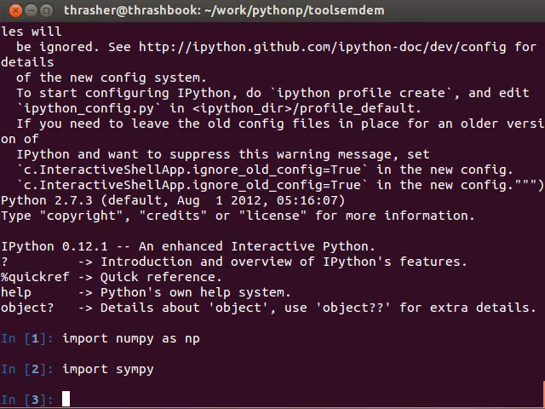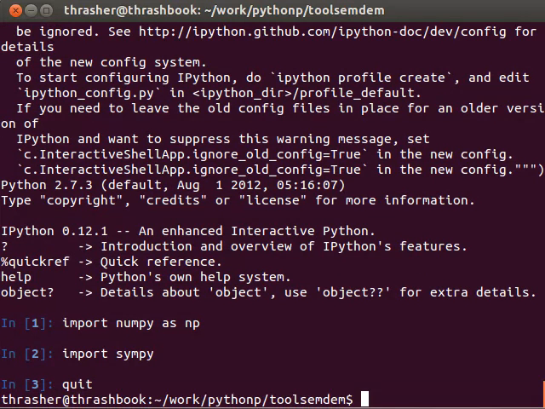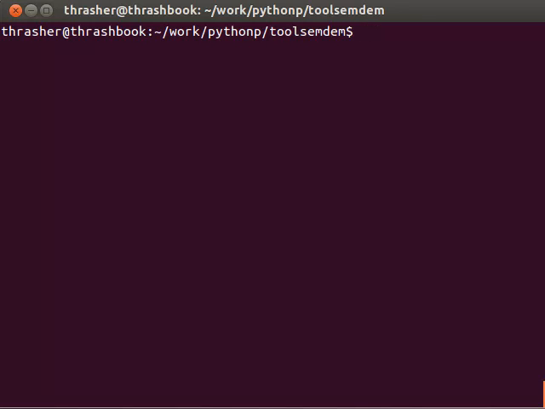And since you repeat this over and over again, you may think of a way to do this automatically. And that is where the notion of startup files for IPython comes into play. These startup files are Python commands or IPython files that are stored in a certain directory, which I will point out to you in a second. And these files are executed every time you start up IPython. So to do this, you specify and modify a file